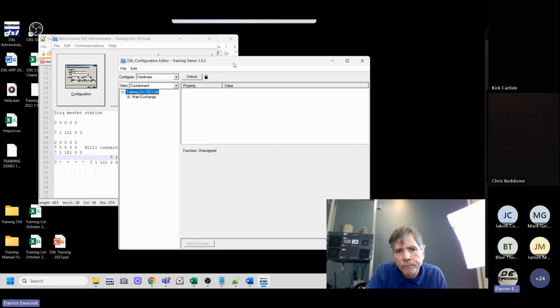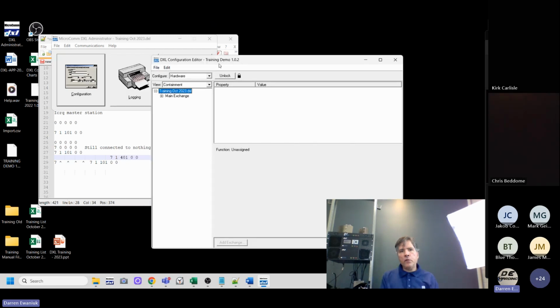To find out, if you have a configuration and you don't know what version of DXL administrator was used to create it, and you don't want to make changes to the site because there's something on the jail site, you can always use the latest DXL administrator, update it, and it will always work. So that's not a problem, but if you don't want to mess with the site, you don't want to make their configuration newer than what it was, then if you want to find out what version you need,